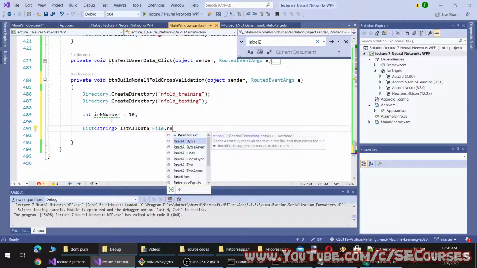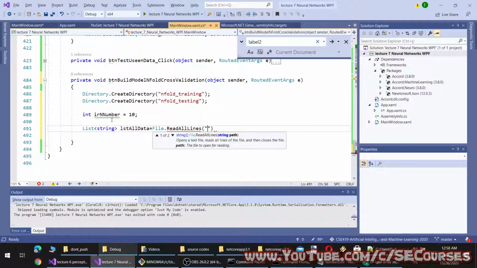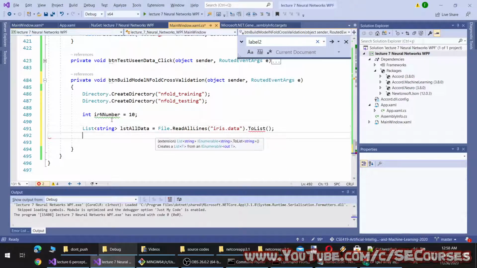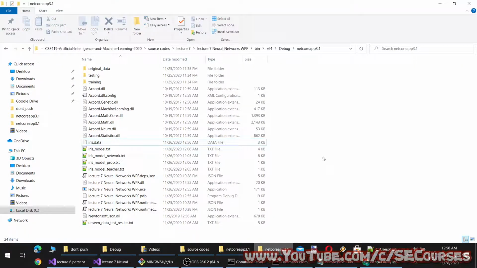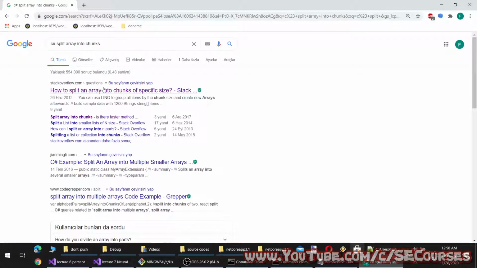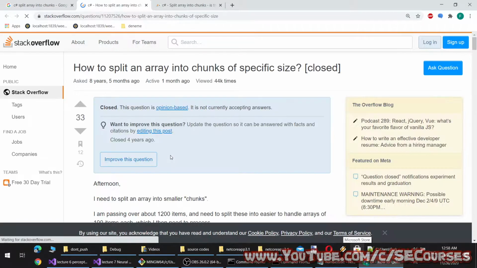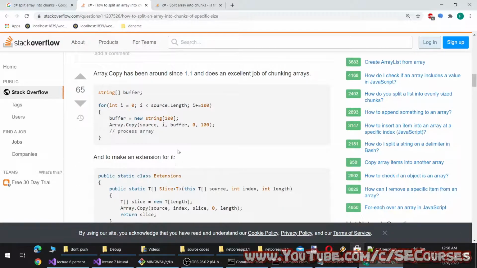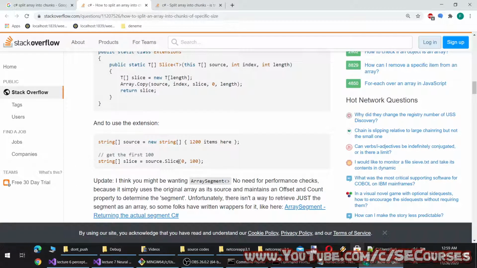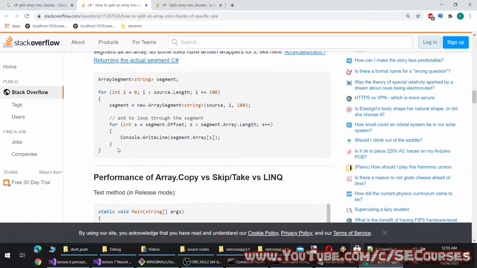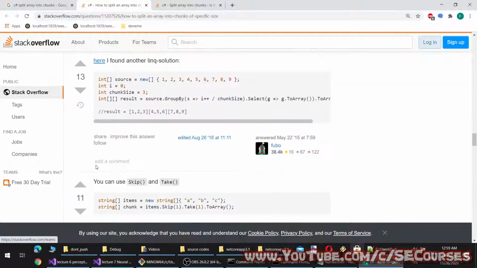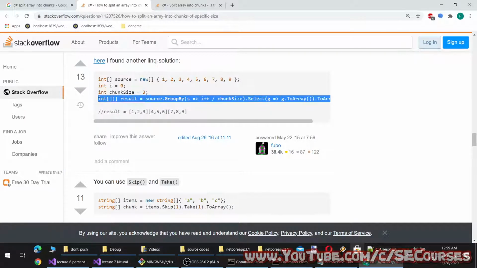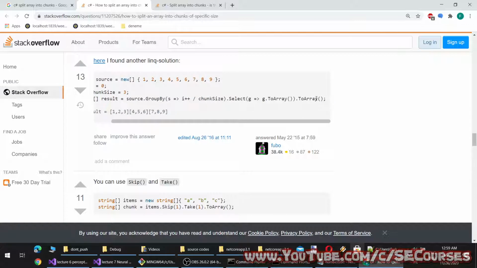Okay, and I will just use the iris data at the moment to list. I think it was pretty simple somewhere here. Okay, here. Yeah, check it array.